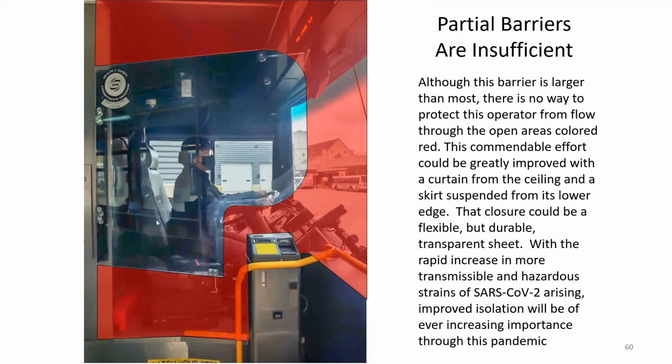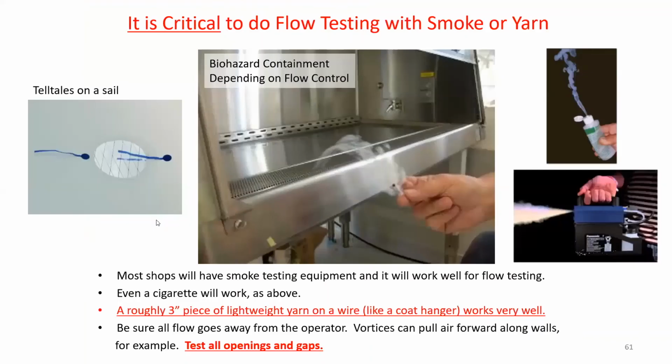You can really keep the drivers safe as long as they've got fresh air coming in the front. If they don't have fresh air, then you slap a high-grade filter on the air intake for the heater defroster in front, so that's what you have to do in a Gillig. But again, if you have the driver walled off and they're wearing a mask, they can have a high grade of protection. It's not nearly as good as if you can have fresh air, where they can be virtually assured of going home healthy. So the key is you've got to test these things because the airflows are very counterintuitive, as